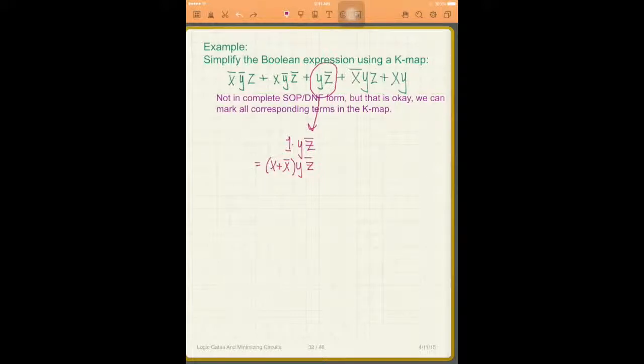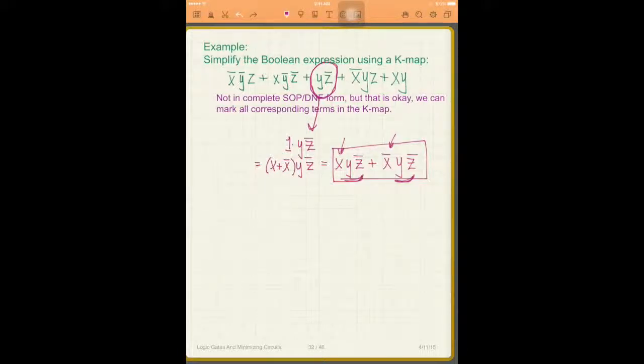Okay, that's the same, right? And then from there, you just distribute. So you would get x y z complement plus x complement y z complement. So you see how you still have the y z complement, but you have to account for the x and the x complement because they are going to be simplified to just this term. But if I replace this term with these two terms, that would be the correct complete sum of products for that